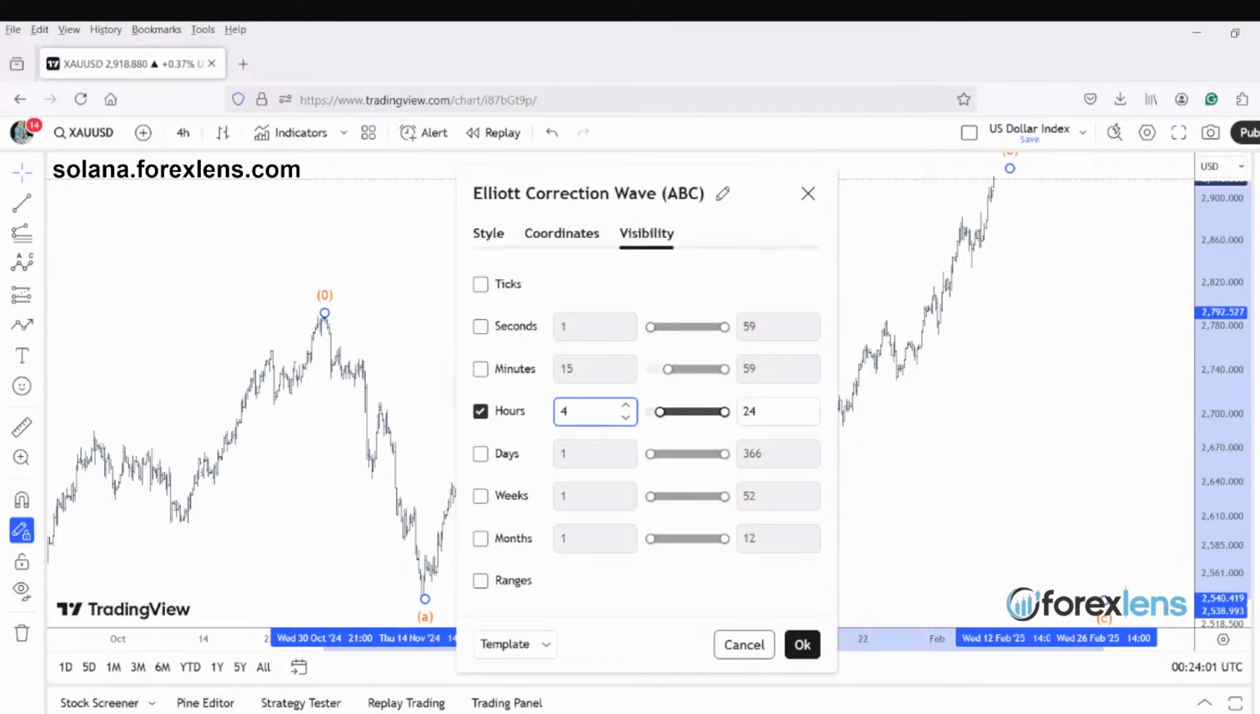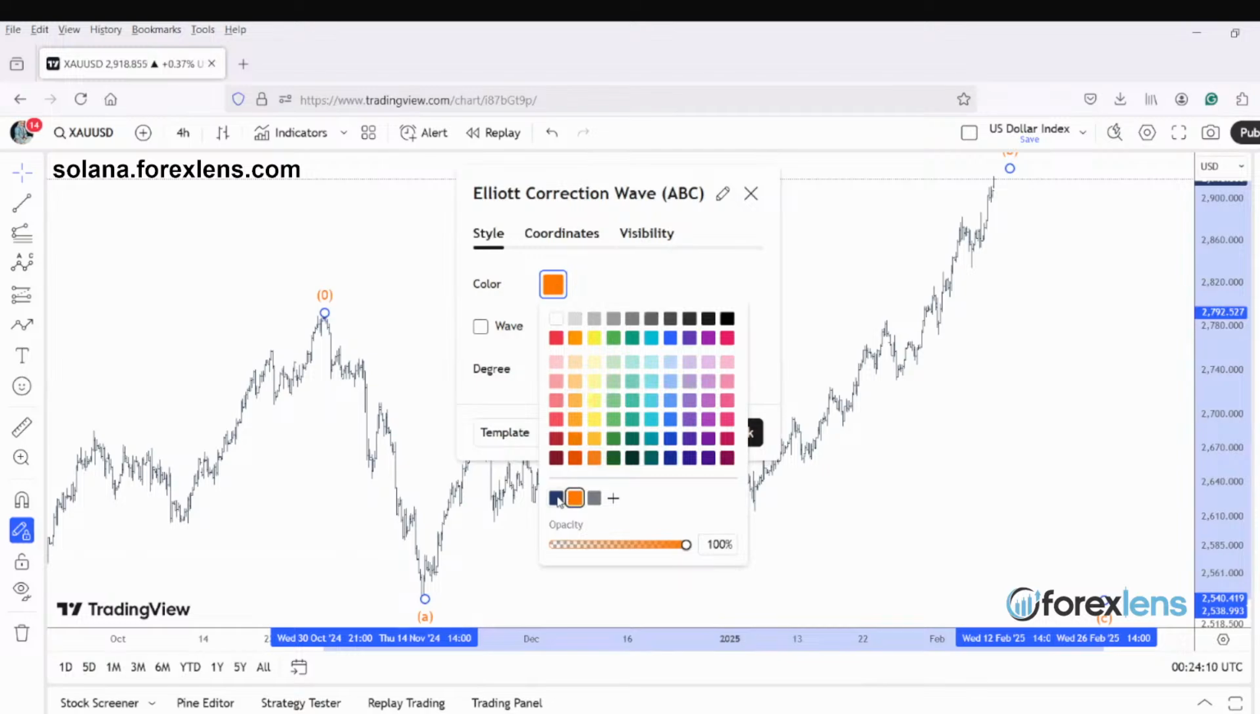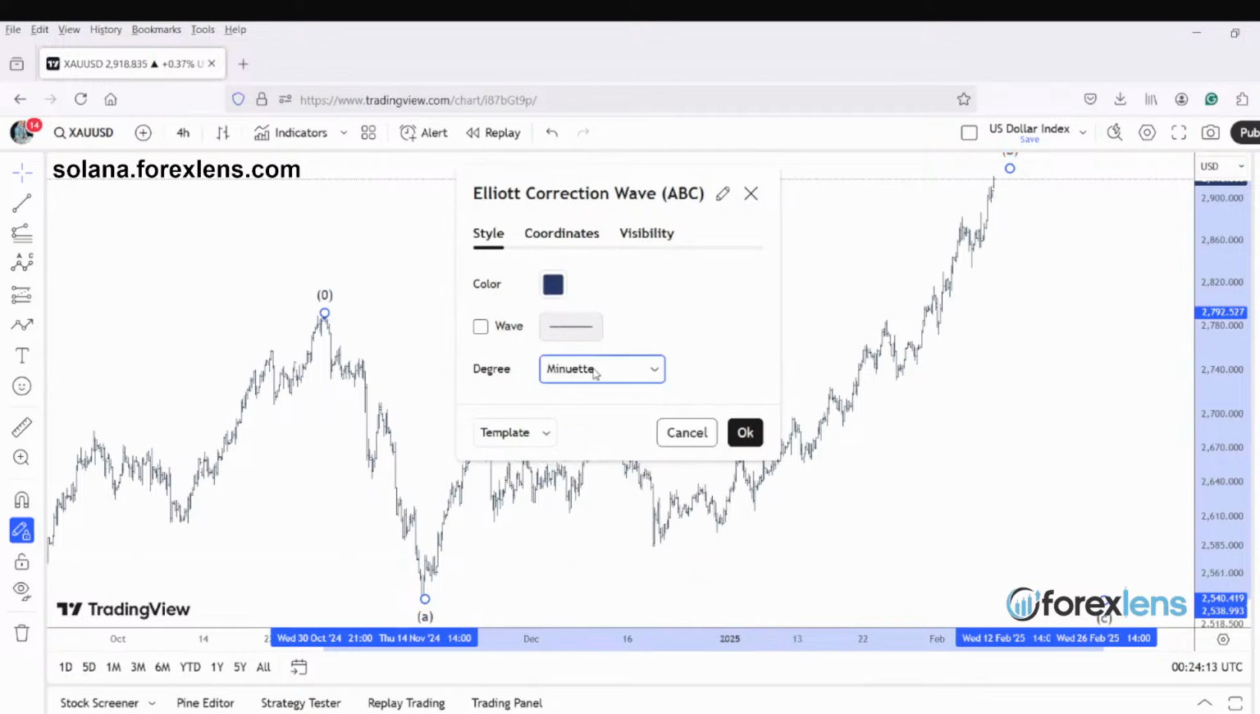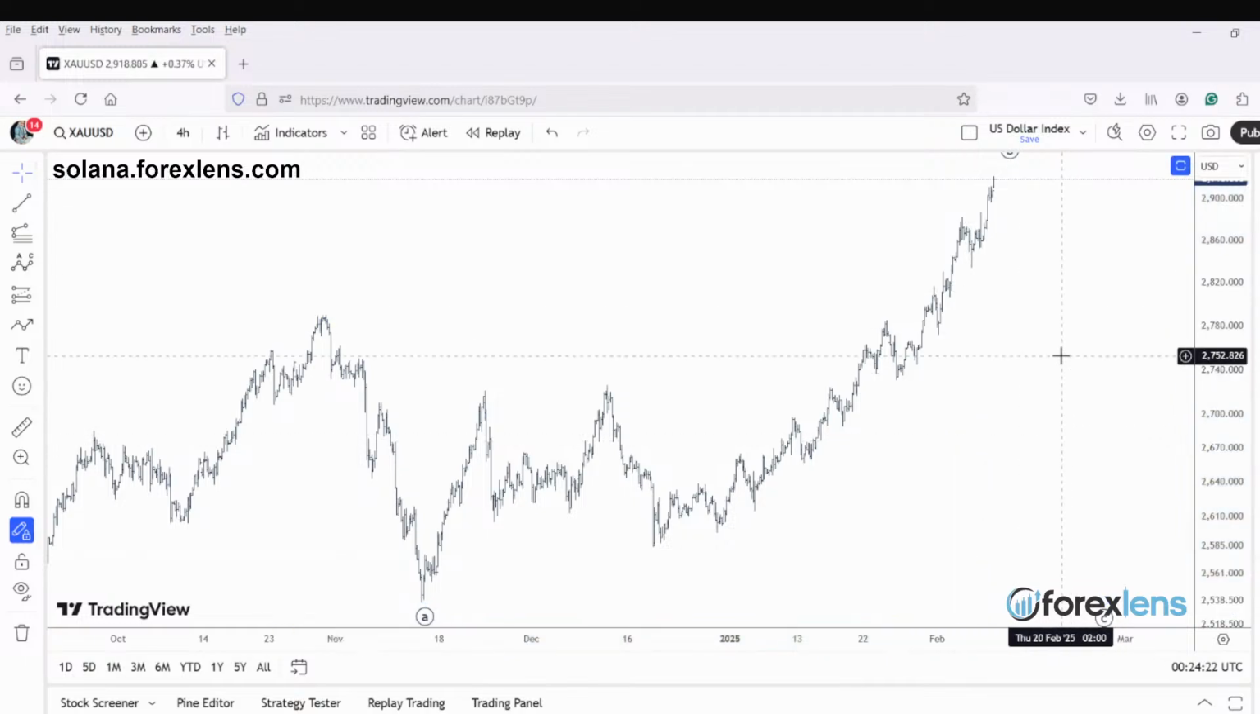Let's put it on 4 hours. And it is a minute degree. Okay, so that structure still remains possible. But you know what? The price action has moved 20 points above what was scheduled, around 28.90. We are now at 29, almost 29.20, so 30 points above